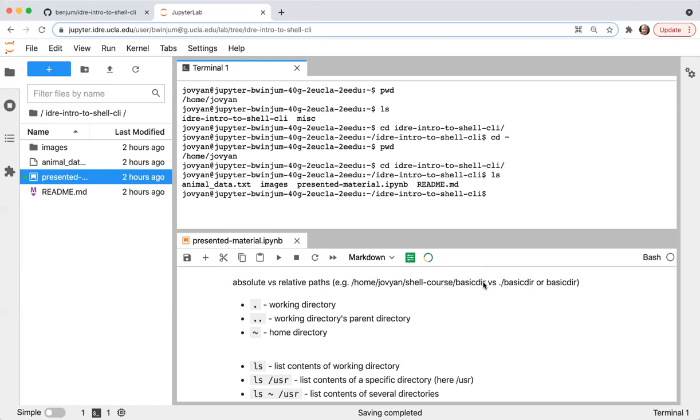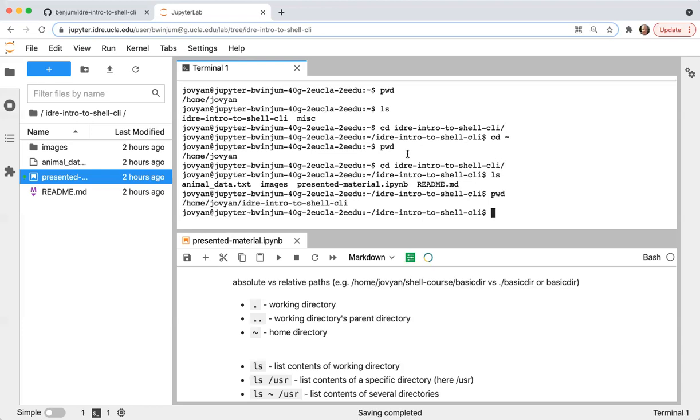If this directory existed on my system, it would start at the root directory, then I would have the home directory, the Jovian directory, shell course directory, and basic dir as the directory name. When I type pwd, this gives me the absolute path for my working directory. So it starts with a slash.